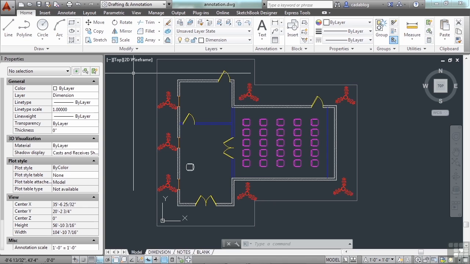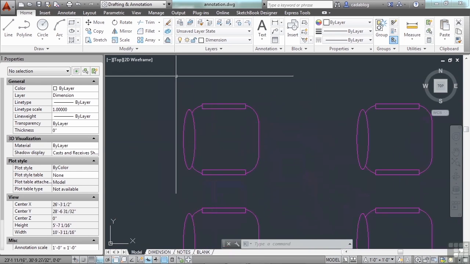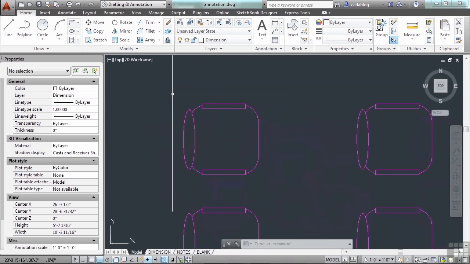But if you need to make changes to a block in reference to the surrounding line work, edit the block in place. Also, though, sometimes with editing the block in place, like with attributes, we'll look at those later on, it may be a little bit difficult to do that. So for static line drawings, just like this chair, with no moving parts or anything, editing it in place is fine, and editing it in the block editor is also just as fine.